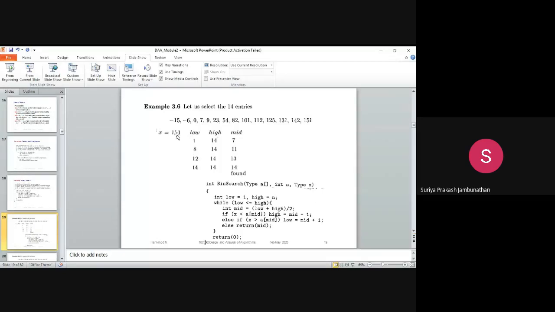So they are making the low, high and mid. With the use of low, high and mid, they are identifying whether the key value is available or not. I will explain this clearly in the next session. I hope you understand. I will explain the binary search with a real-time example. I will take one problem and solve it, like how I showed you divide and conquer. In the same way I will show you binary search in a very detailed manner so that you can understand this particular problem in detail.